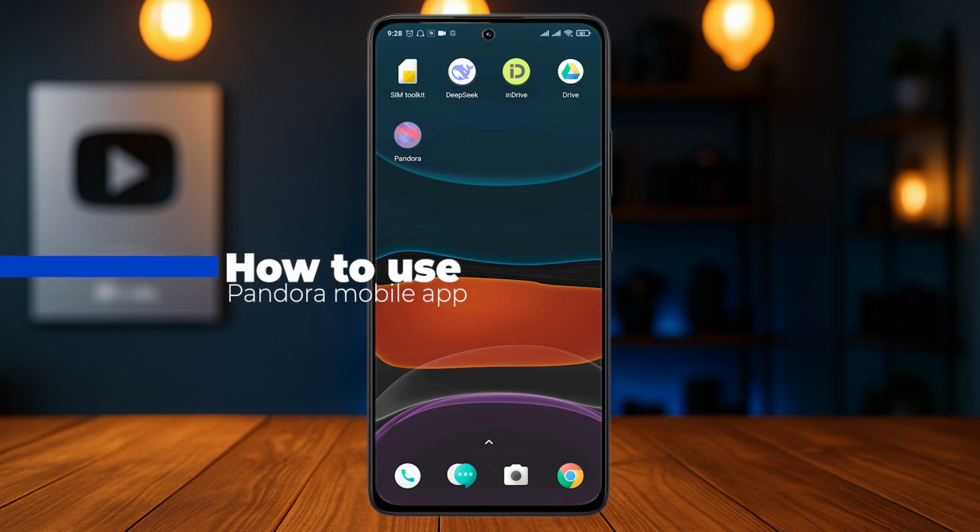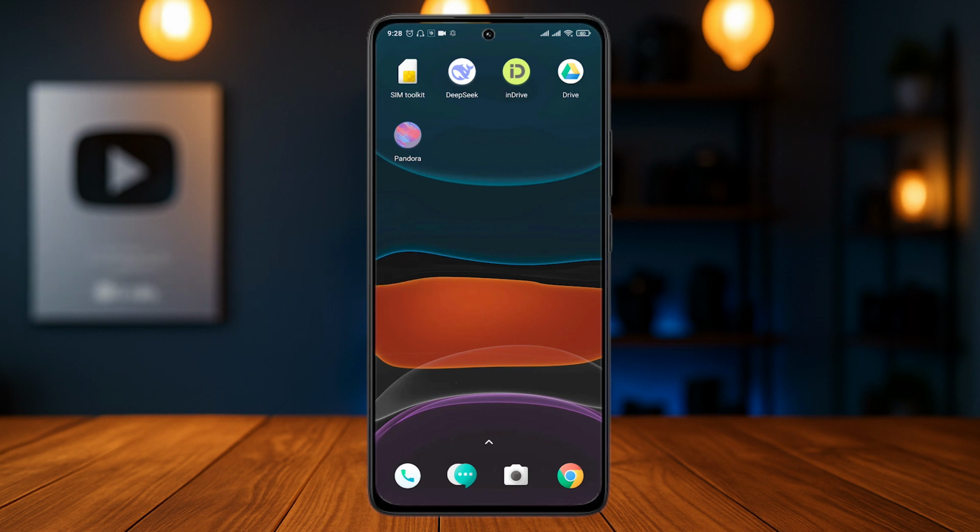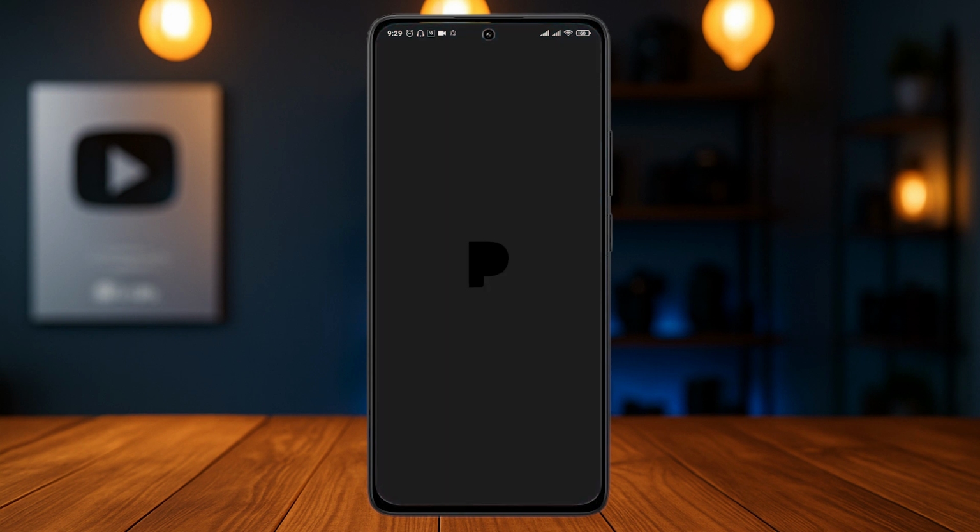In this video, let me show you the way that you use the Pandora mobile app. If you're trying to listen to songs or use the platform of Pandora on your phone, you need to first of all download this application onto your phone, either through the Play Store or the App Store, depending upon your device. And once the app has been downloaded, you can open it up and make sure that you log into